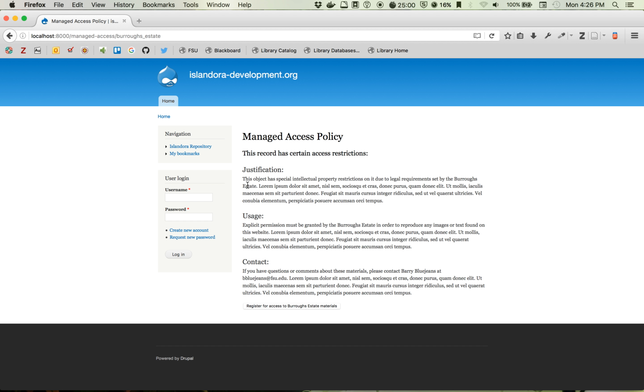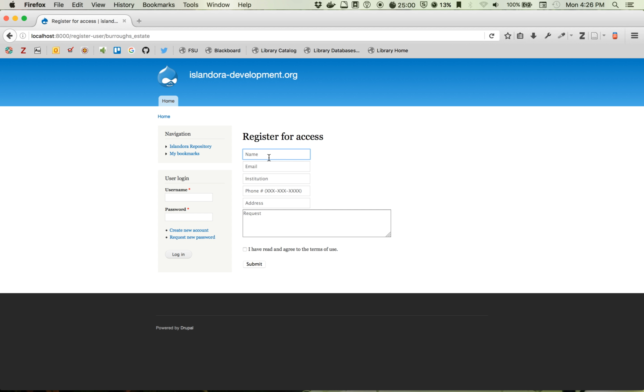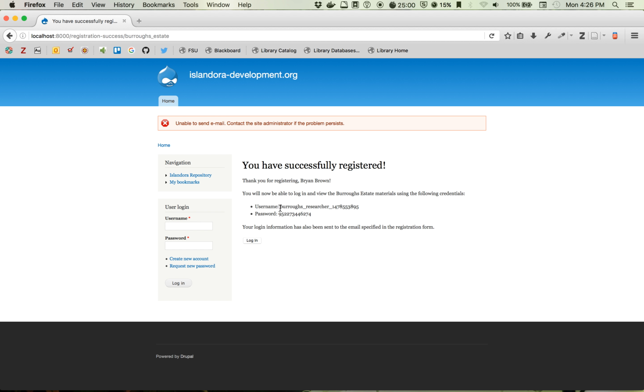So here on this page we see that there's a justification for why the object is managed, usage information about what they're allowed to do with these managed objects, and then contact information if they have further questions. Also a button where they can register to view the object. Users will have to agree to the terms of use, and then upon hitting submit, they will get login information